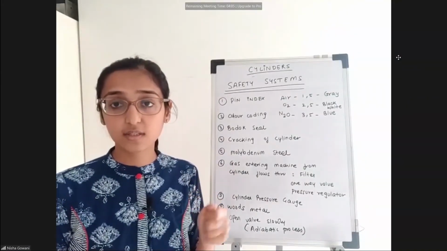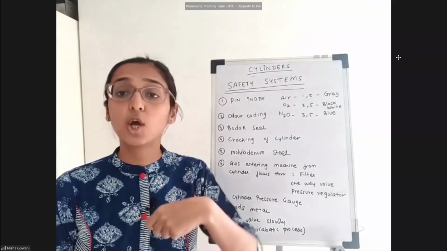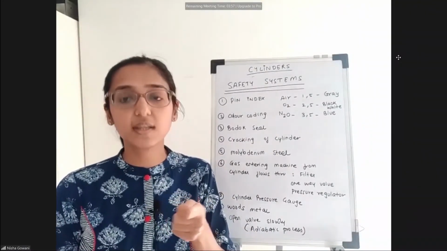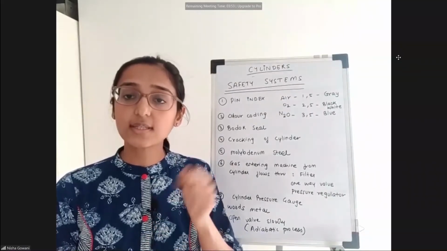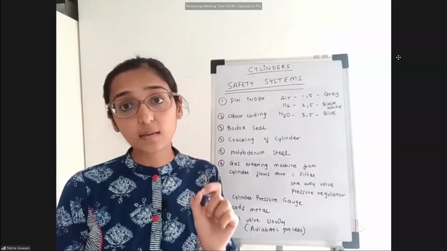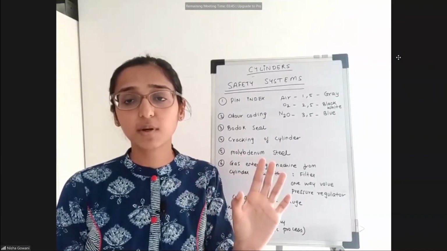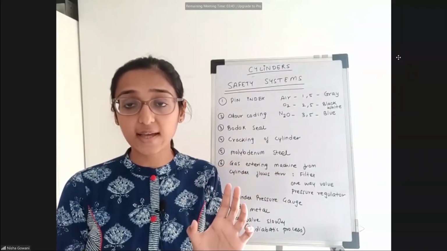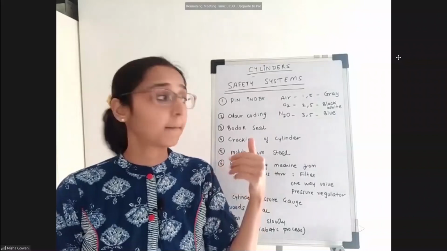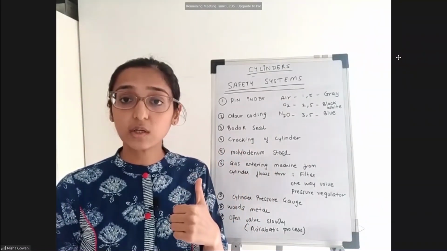Then the other method is the cracking of the cylinder. So what is cracking of the cylinder? Before you attach the cylinder to the anesthesia machine, you have to open the cylinder slowly, briefly, and close it. By doing this, some amount of gas will leave through the port of the cylinder, and whatever dust or dirt is present on the port will get displaced by the flow of the gas. So it is basically clearing the port of any dust, and that is called cracking of the cylinder.